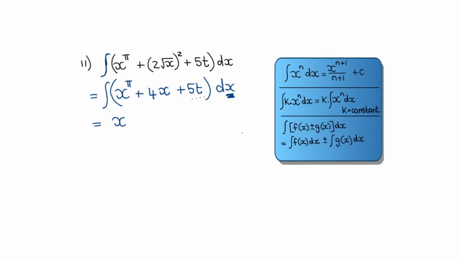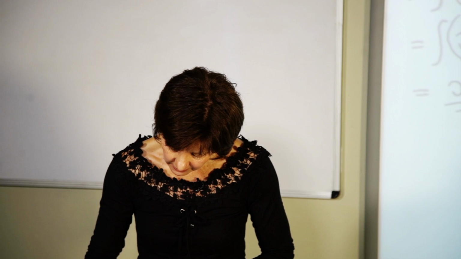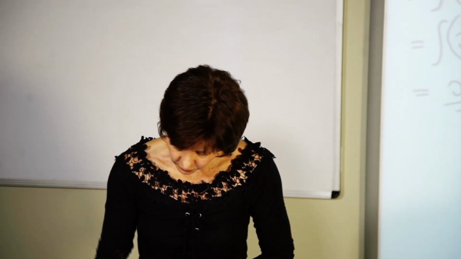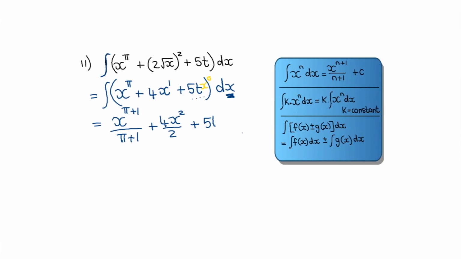So if I start with the integration, I will write down what I have, and I have to add a 1 to what I had and divide by that new exponent. Plus, write down 4x to the power 1 is what I had, plus a 1 will be 2, divide by that new exponent, plus 5t. Remember, next to that 5t, actually I have an x to the power 0, because the 5t is the constants. So I've got 5t, x to the power 0 is what I had, plus the 1, divide by the 1,